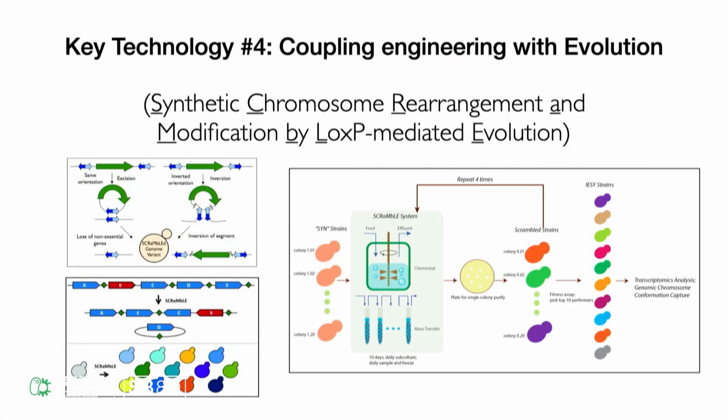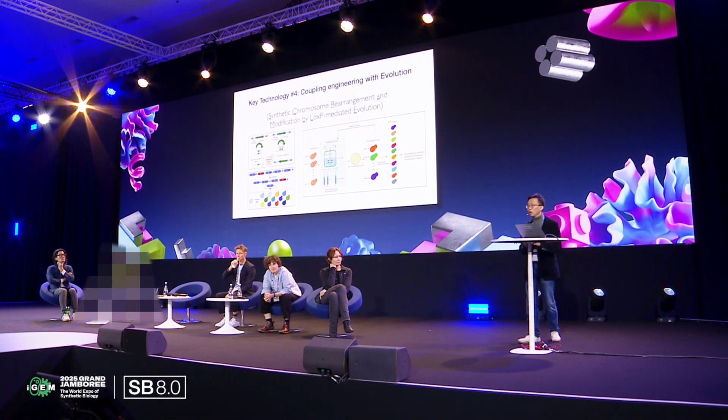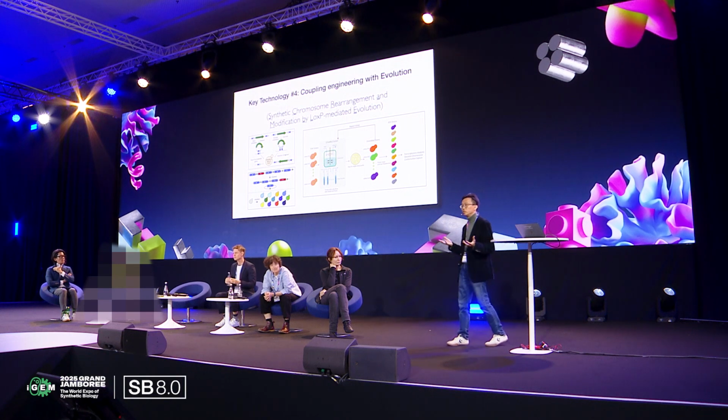key technology: we are not just mimicking engineering, right? We are biologists. We embrace the concept of evolution. So the next key technology is, can we really couple engineering with evolution? So we put in over 6,000 loxP sites across the entire genome. And as you know, Cre would induce pairwise interaction of loxP recombination. So the idea is we're not building just one synthetic yeast genome, but at the induction of Cre, you can generate billions and tens of billions of combinations, and then you can select for the phenotype.